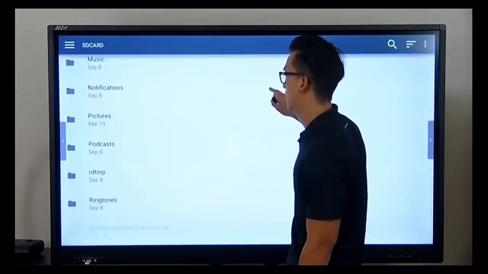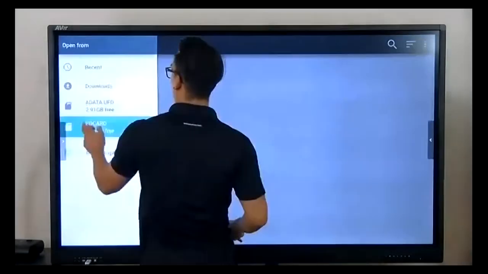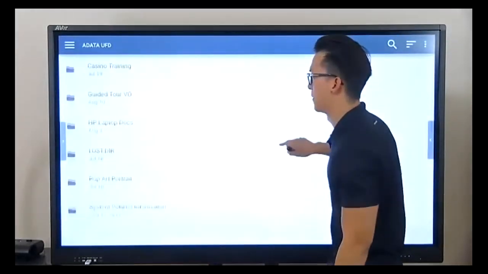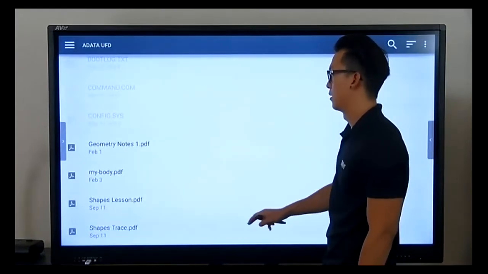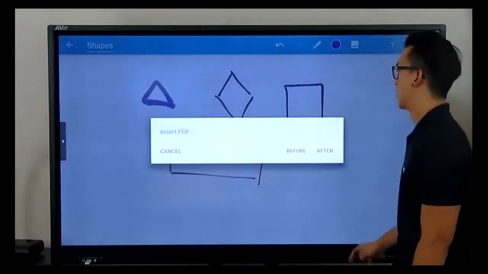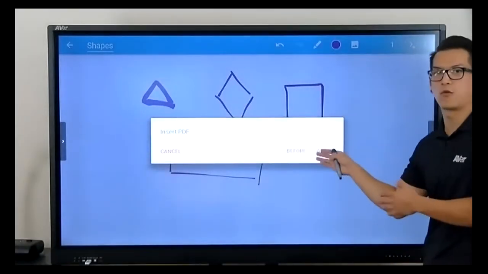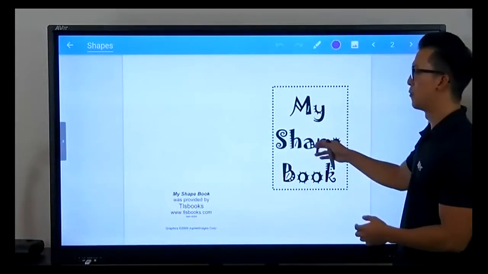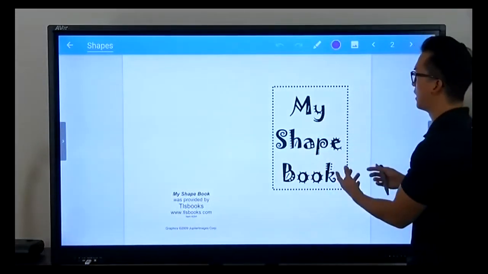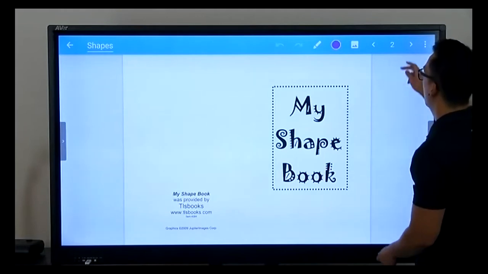and find my lesson on shapes that I already have. So here's my USB drive. Let's go to Shapes lesson. So right now I can choose to insert this PDF before or after my current page. Let's just do after. And so boom, it just inserted the whole PDF file into this document,